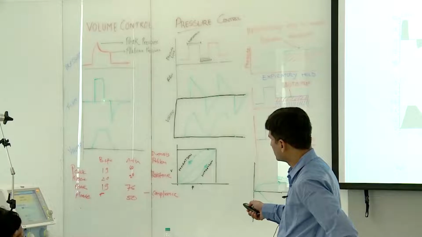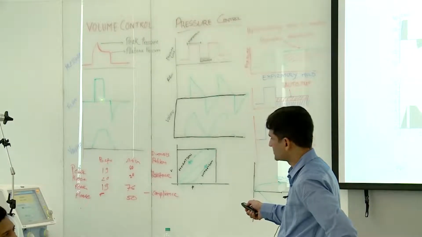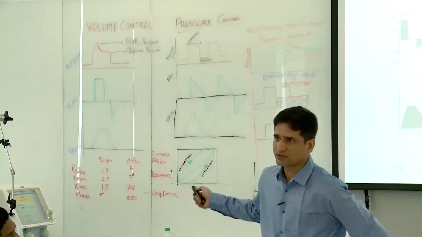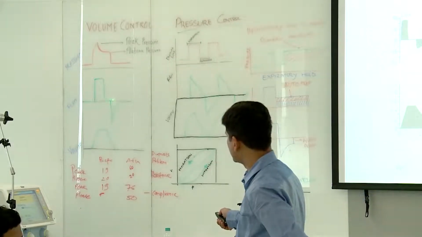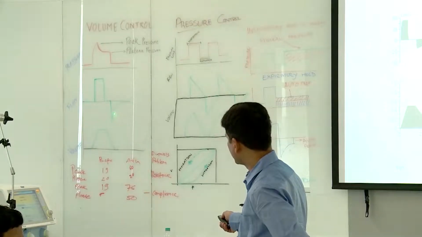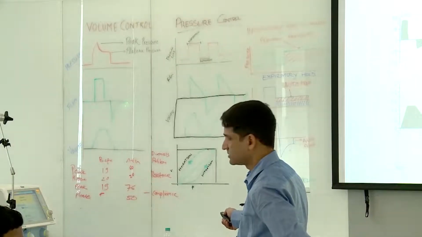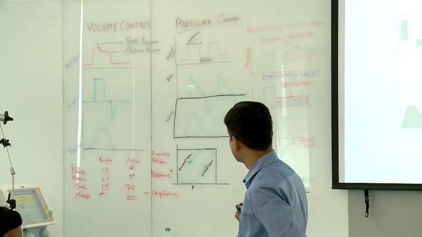From here the expiratory valve opens, the flow comes to 0 and there is a gap. You can see the inspiratory valve closes here, but the expiratory valve opens here. This gap is called the pause. Usually in volume control mode you can find a pause. Understand? From here the expiratory flow starts and then again reaches the baseline. This is called one cycle. Similarly the second cycle will start like this.